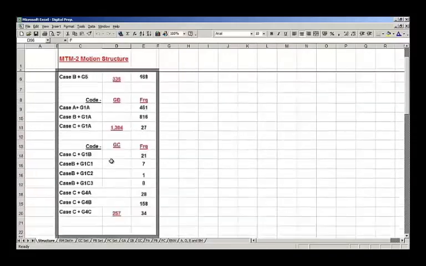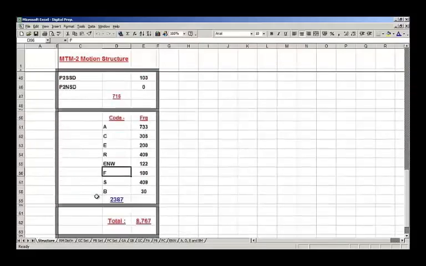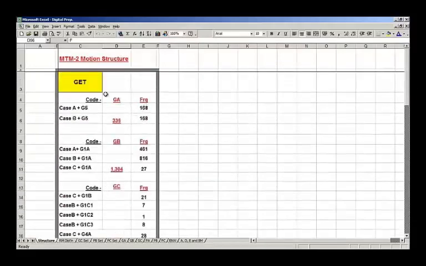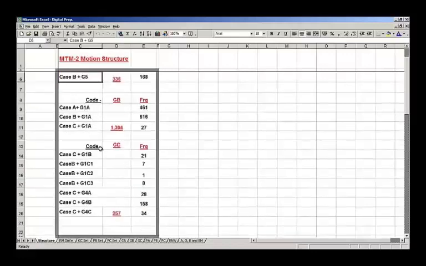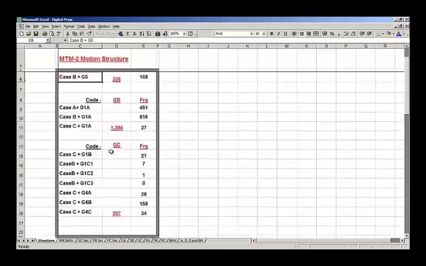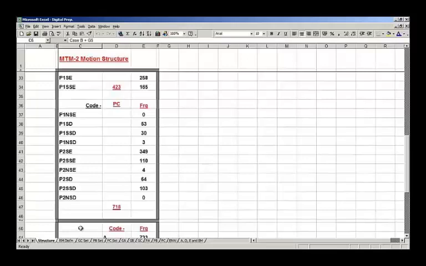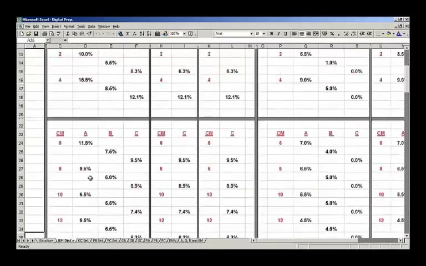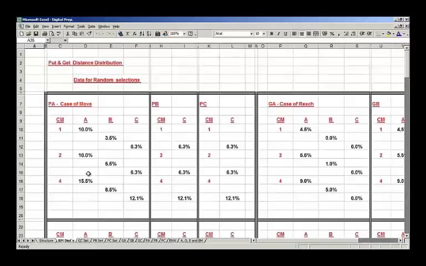So that's a fundamental set of data, which again is very important, because knowing all the MTM-1 values for these components, you can calculate the average motion for any one of those codes. But the only problem is you realise that there's no distances in there, and the distances are covered in this second tab. This is the table showing the distribution of distance for each of the codes and the cases of reach or move.